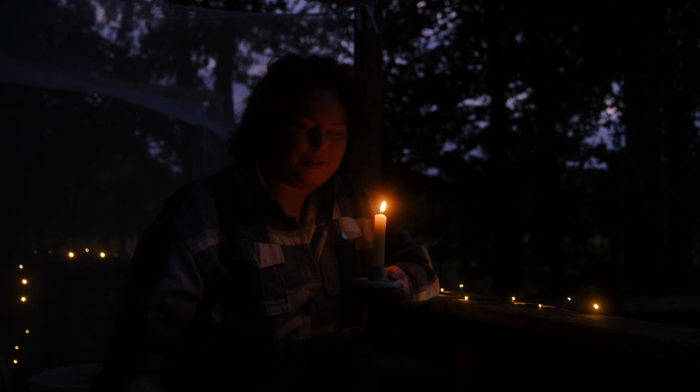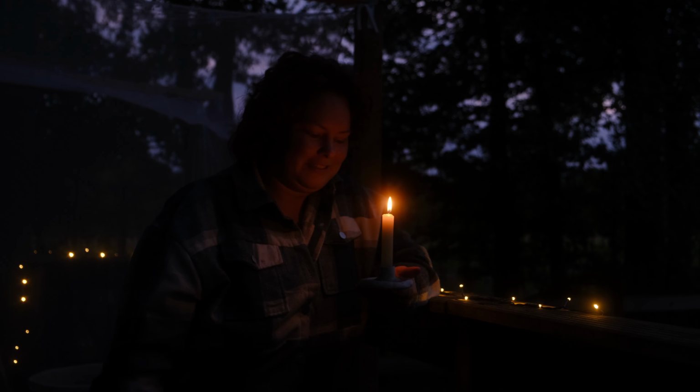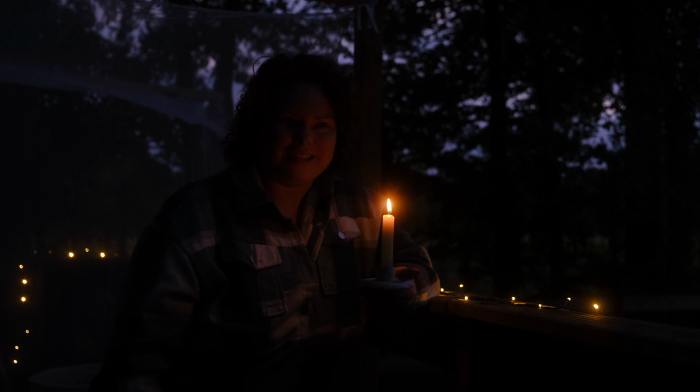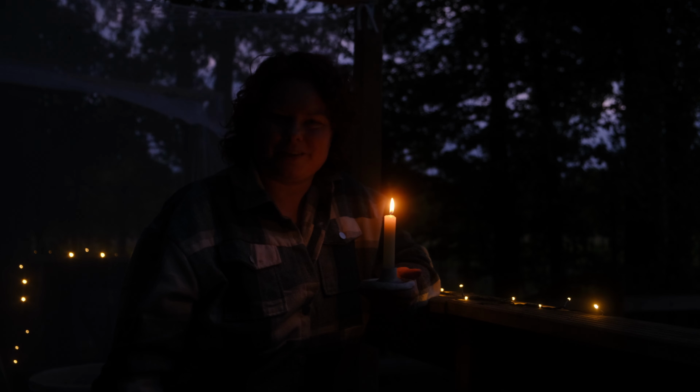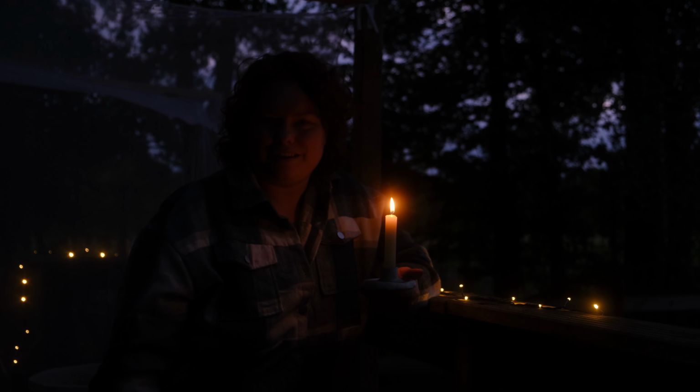I just wanted to show you guys what the final result looks like, because I'm pretty happy with it. I think it looks quite beautiful. It's getting dark now, but I think that's the perfect time to light some candles, and I'm really happy with how it turned out. But even if it was a complete disaster, I wouldn't really care, because I really enjoyed